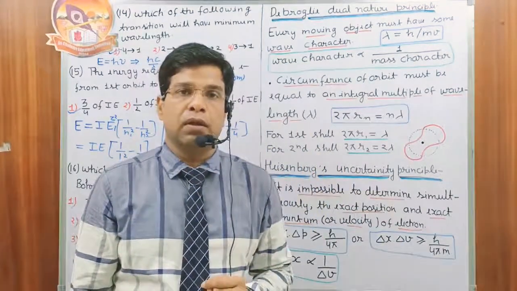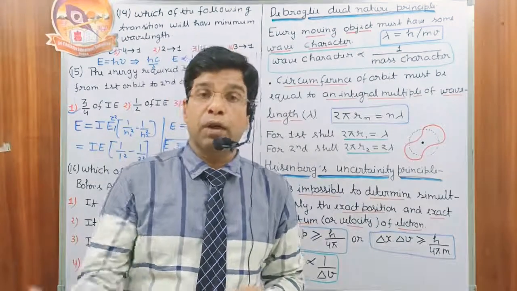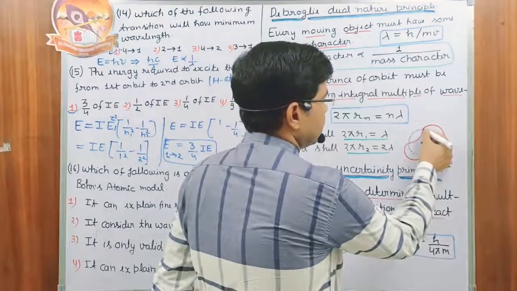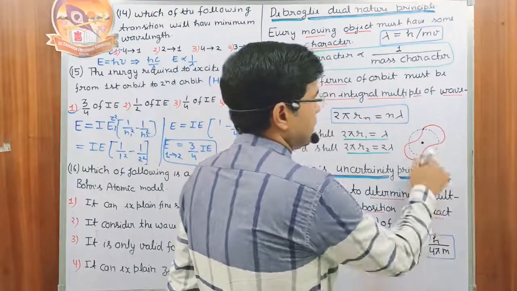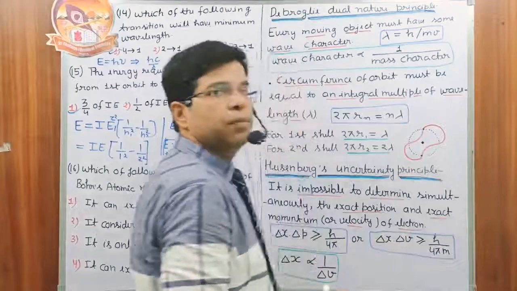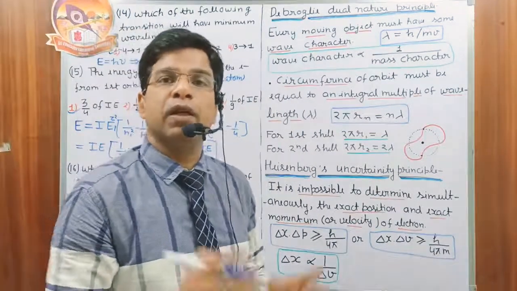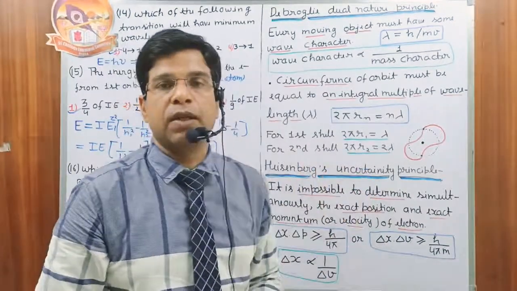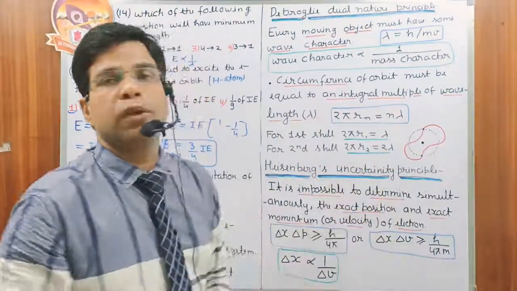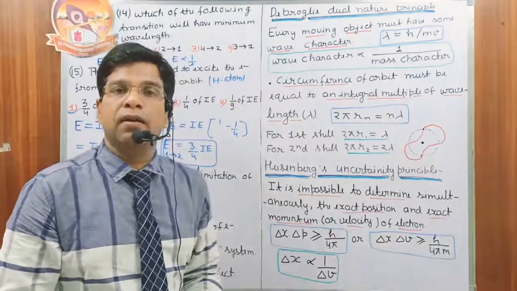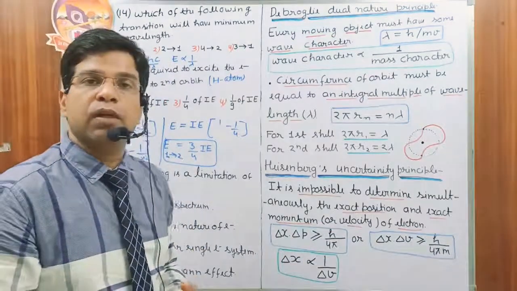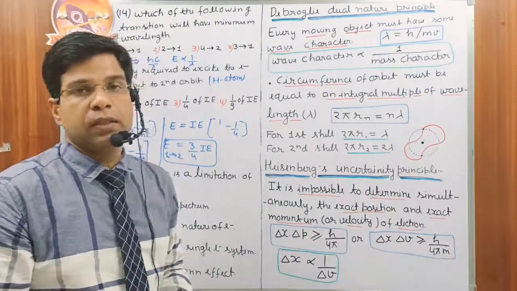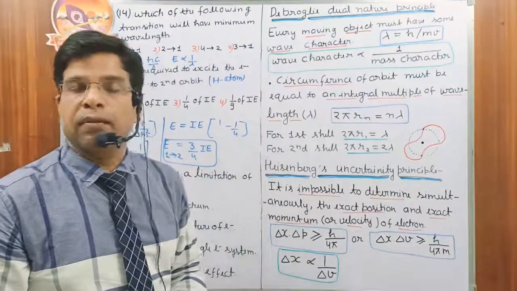For the second shell, we have two waves of the electron, like here, one wave from this point to this point, second wave from this point to this point. Means in the second orbit we have two waves. So what is the condition? 2 pi r, the circumference of the second shell, is equal to 2 times lambda. Similarly, in the third shell we have three waves of the electron, and in such case 2 pi r3 is equal to 3 times lambda.